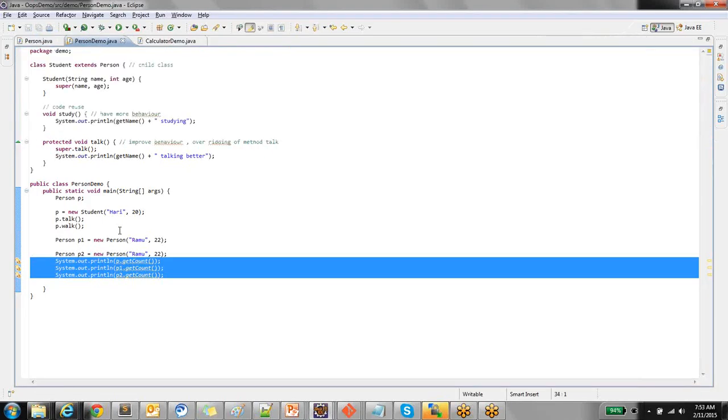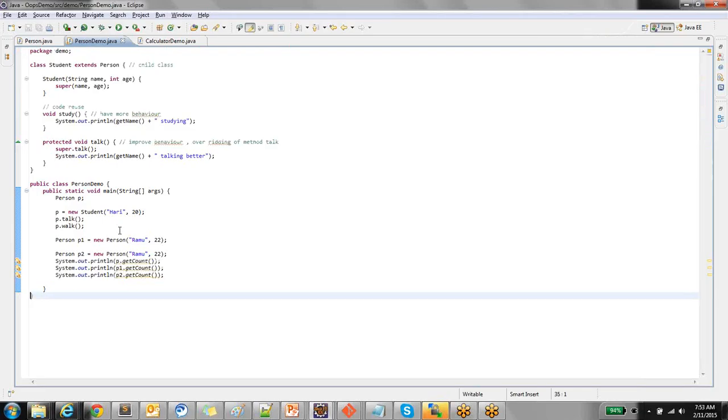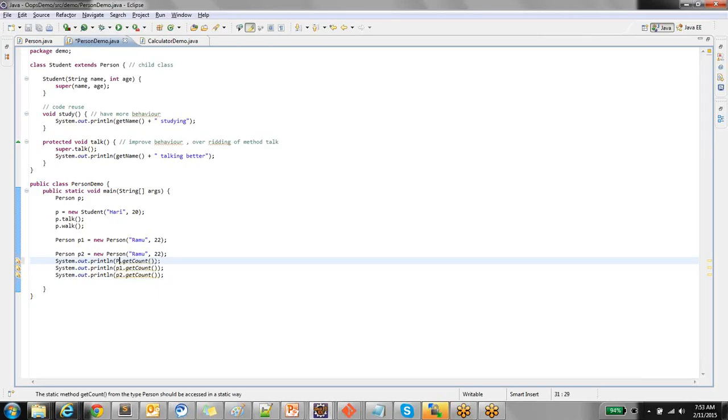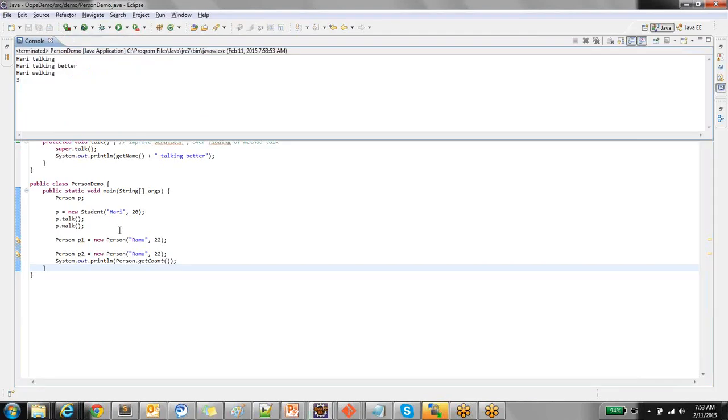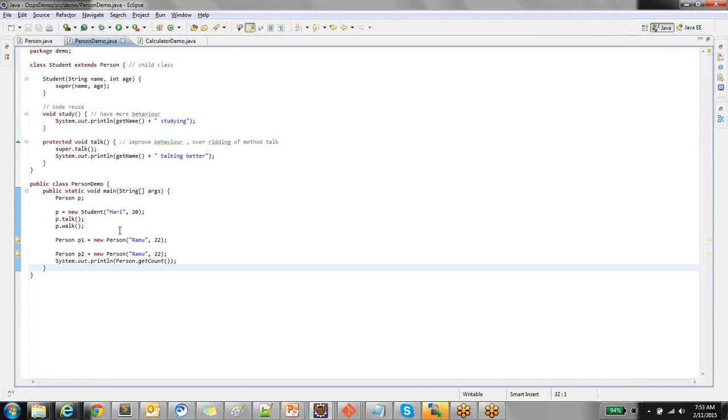So for that reason, it is a convention that you will not access your static members by using the object reference, but rather you will use the class reference. You will say person.getCount. So you will use the class reference for referring to static members. Though you can use object reference also, conventionally you do a reference using class,